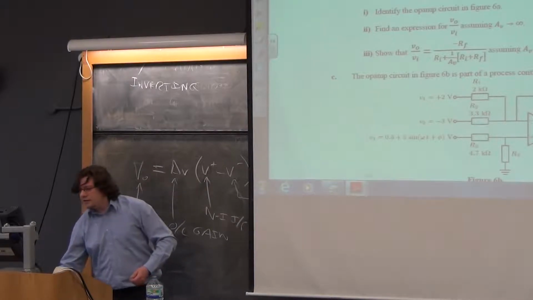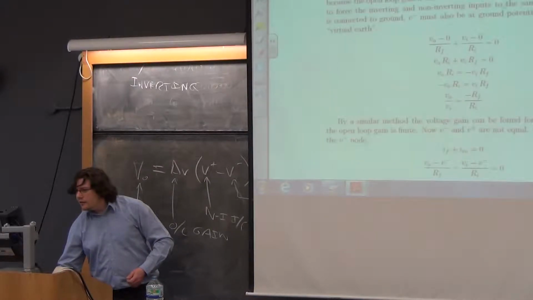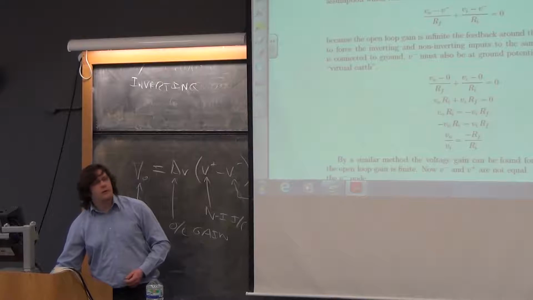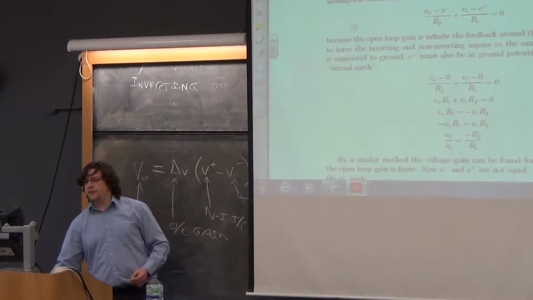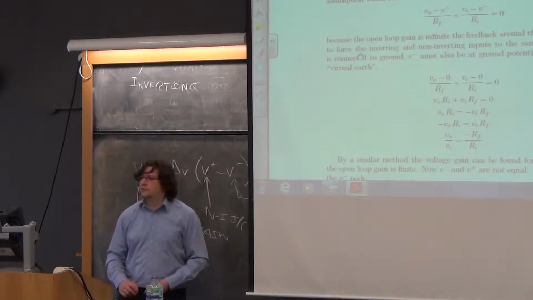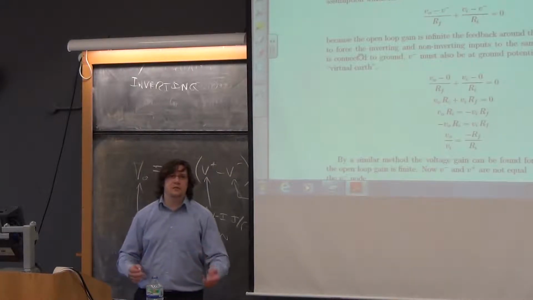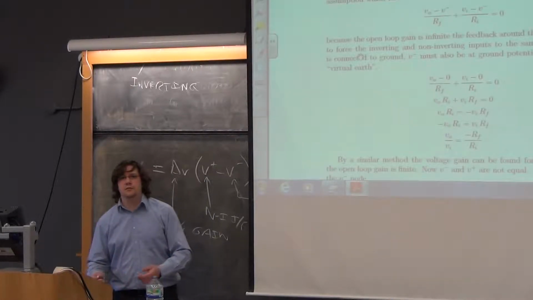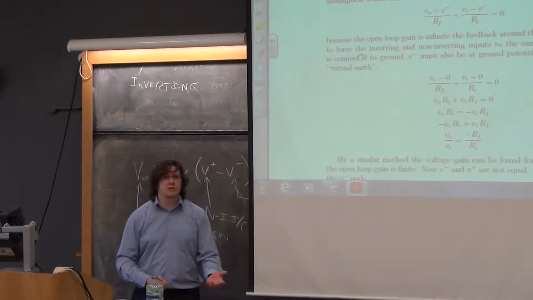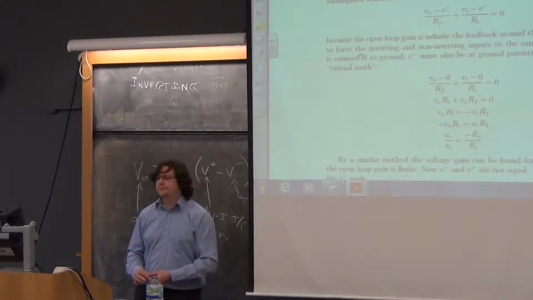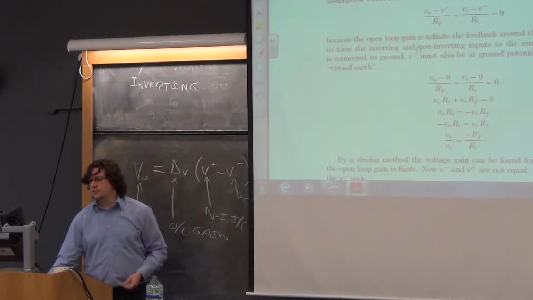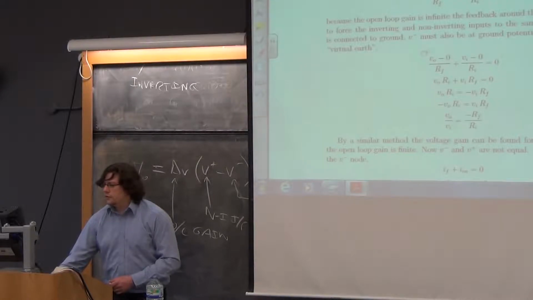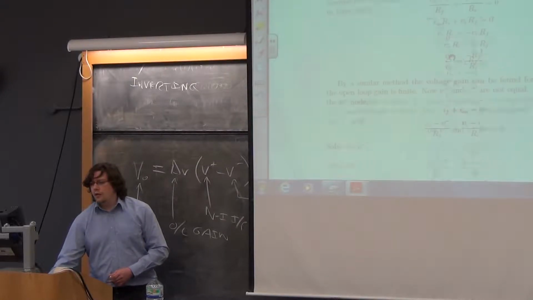If I was at this point here, I'd say V minus is 0. That's the important thing, because of all the spiel in this text here. It says that V plus is connected to the Earth, and because the gain is infinite, it's a good virtual Earth, so V minus equals V plus, therefore V minus is at 0 as well, so sub in 0, which is what it says when I said because, blah blah blah, that's what I'm saying. So you put 0 in here. On the other hand,